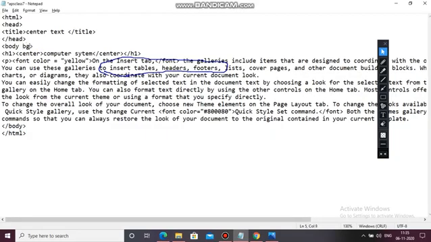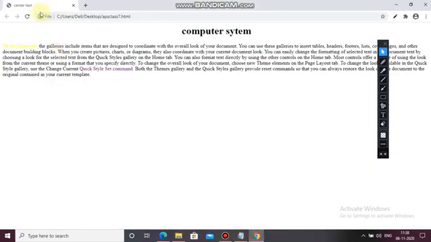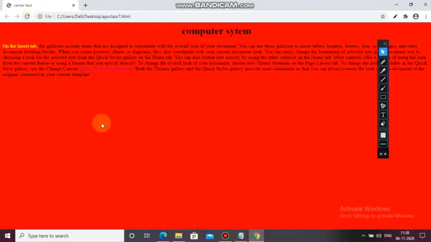We will write BG COLOR equals to name of the color, red. So here body BG color red. Now Control S and then see, the color is changed.